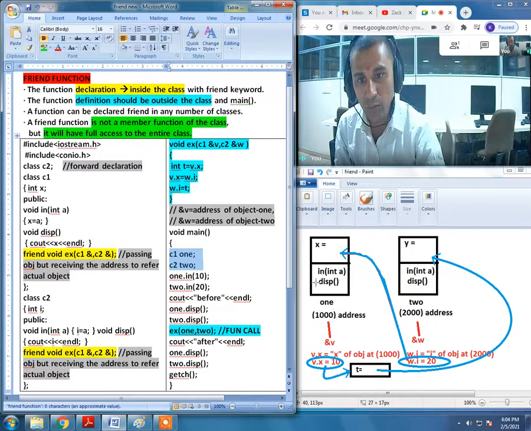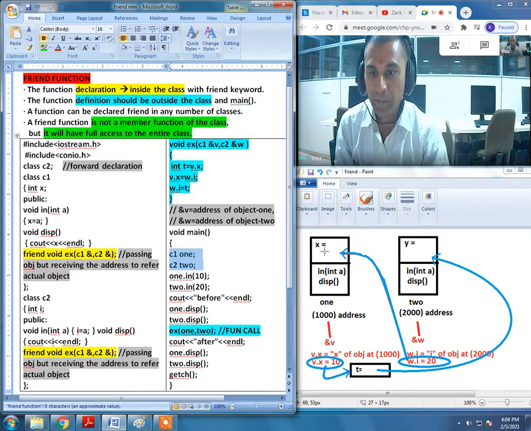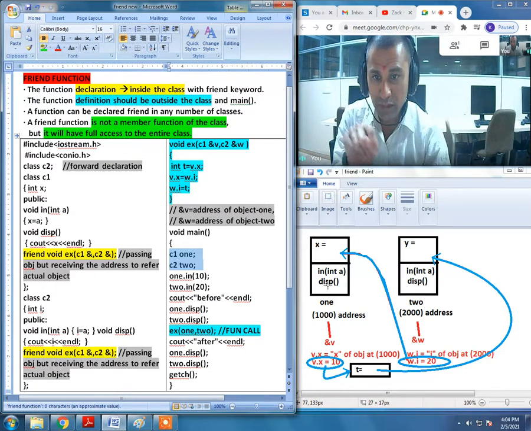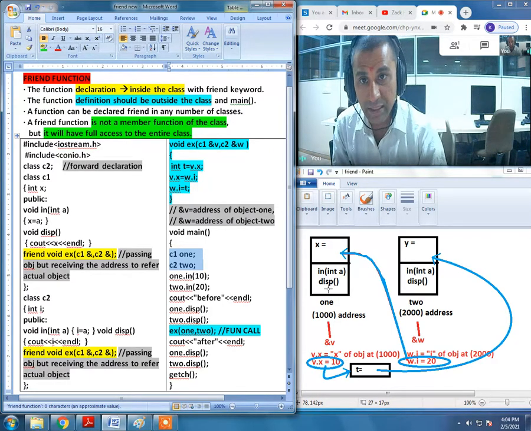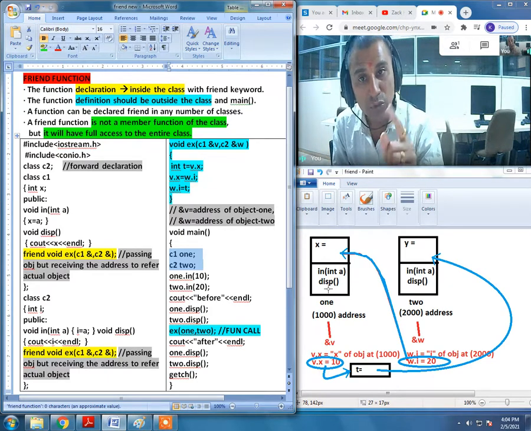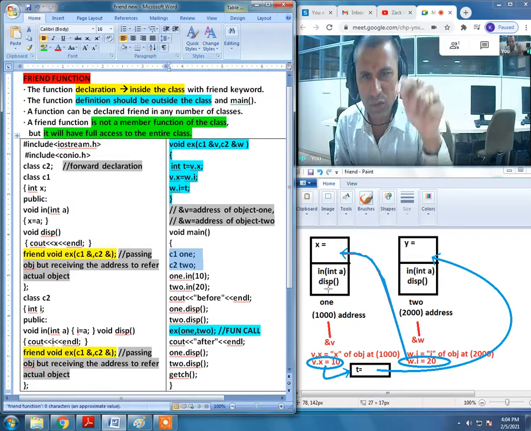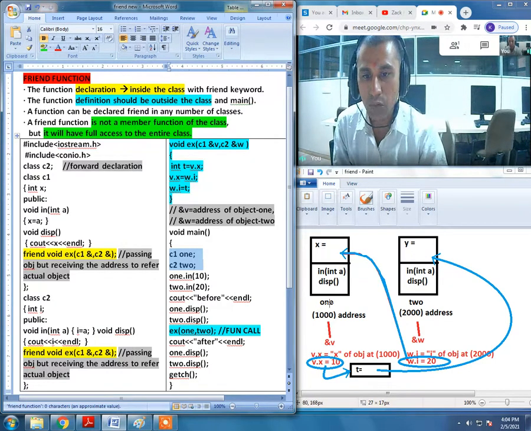Right over here, this is the object from class C1 named as 1. There is going to be the creation of an object, and whenever an object is created, it will be allocated memory space, and whenever memory space is allocated, it is going to be assigned some sort of address. So we are rounding it off to a starting address of 1000. So object 1 of class C1 has variable x along with these two functions, and it is placed at address 1000.